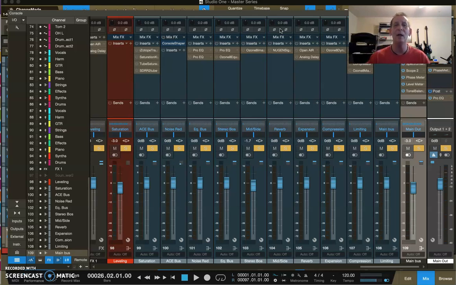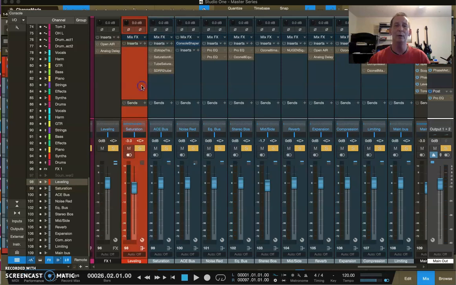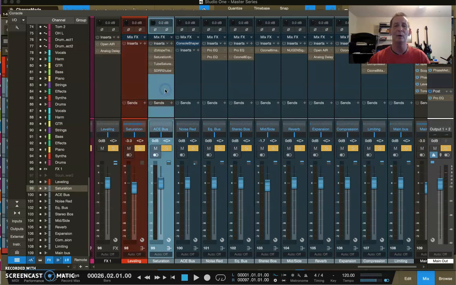So basically, we're ready to get into the processing. So once you've got those buses set up the way I've said, and you've got them routed the way I've said, you're ready to start doing some processing. So in the next video, we're going to go directly from this leveling bus into saturation, and we're going to take a look at our mix and see what we might do and what might need to be added in there, and go step by step, and then 3 steps forward, 1 step back, until we get a really good mix, so we can do a really good mix down,